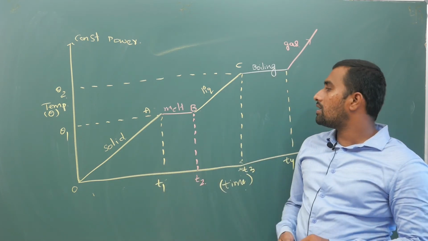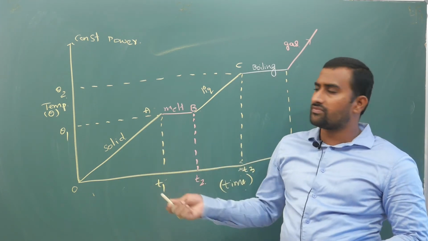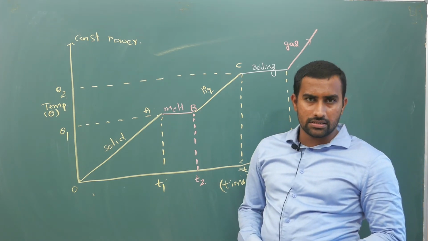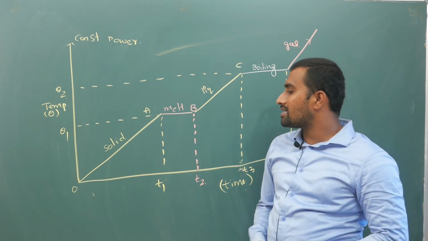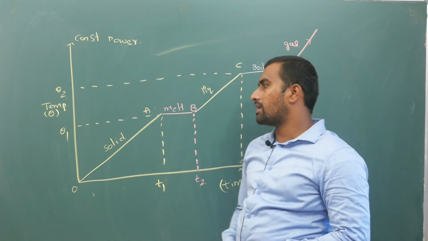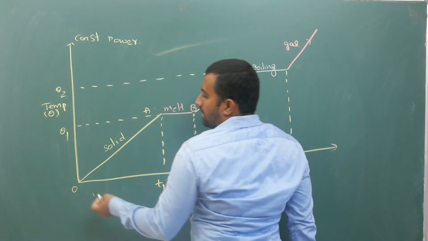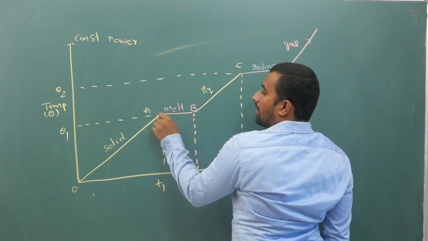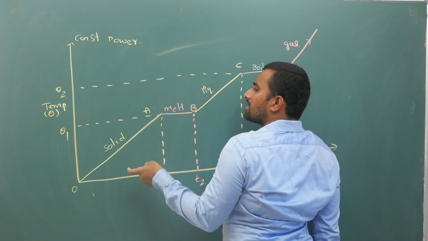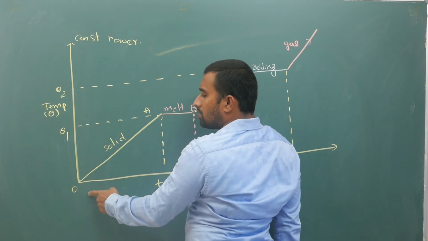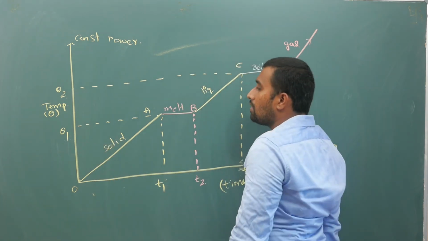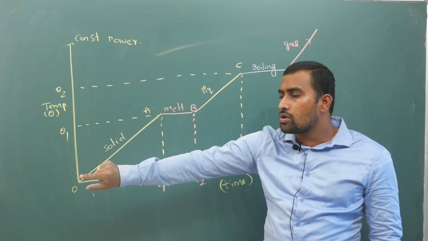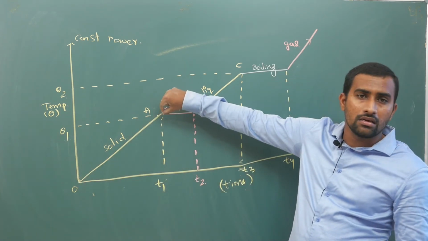Now this is drawn experimentally. Now interpretation of this part is the most important thing. For example, if you take your ice at T equal to 0, let us say it is at some negative temperature, at time T equal to 0. At 0 degree centigrade your ice melts to water, but let us say here the graph is starting from 0, so you cannot take the water scenario, but you must have understood, like if you have ice from minus 20 degrees centigrade, it will start increasing linearly till 0.